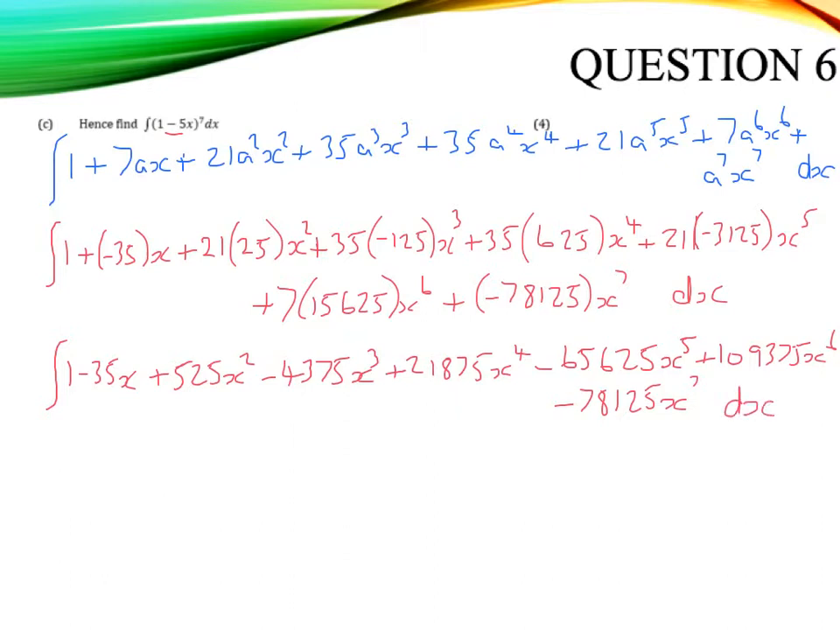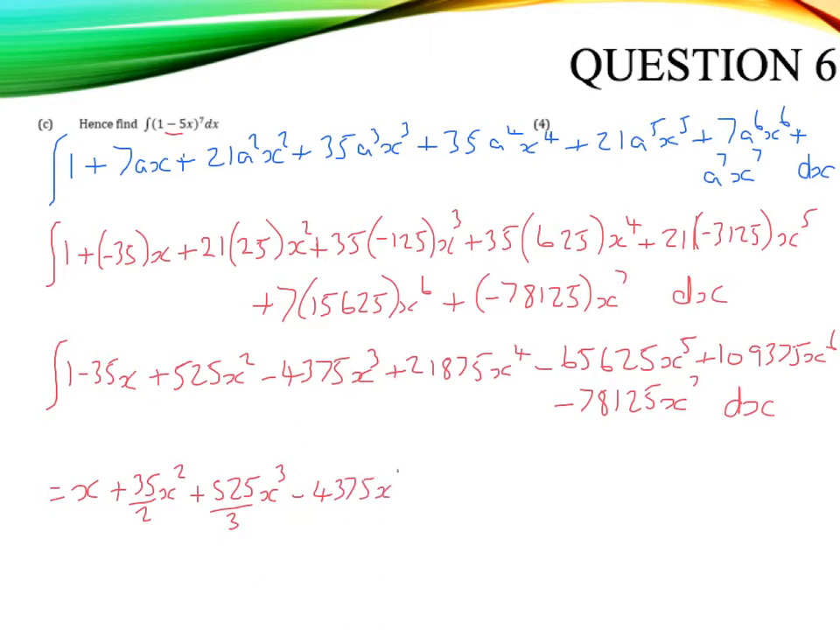And then for each term we can integrate each term as we would do normally. Now we're not going to get very nice numbers, but it doesn't really matter. So we've got x plus 35 over 2x squared plus 525 over 3x cubed minus